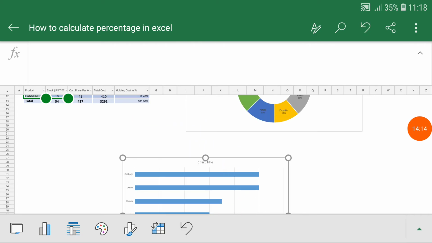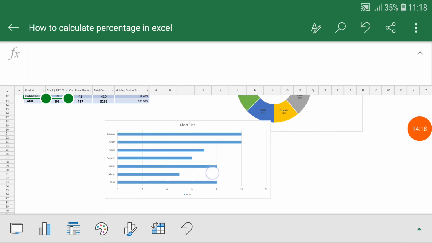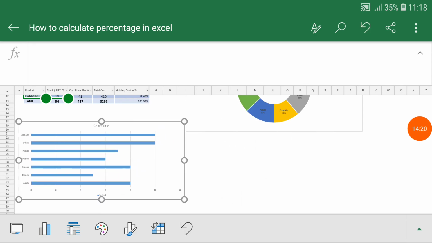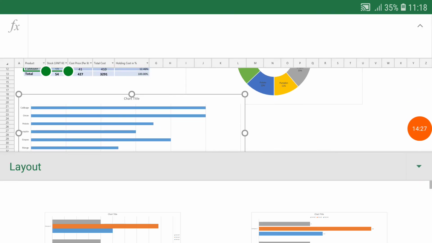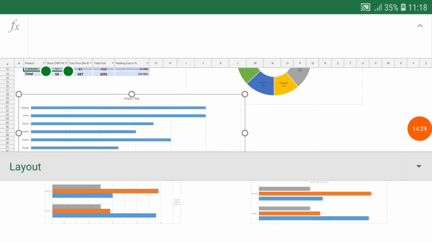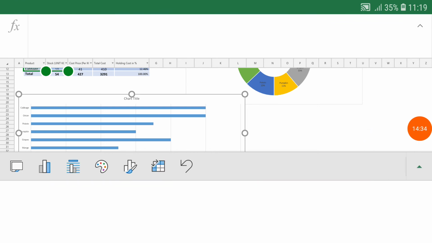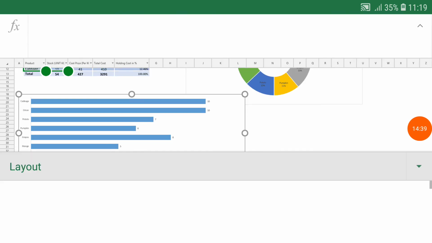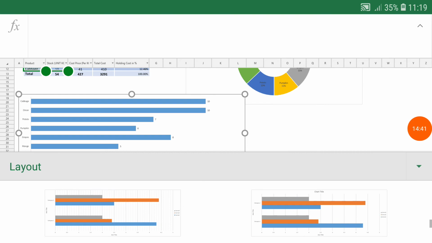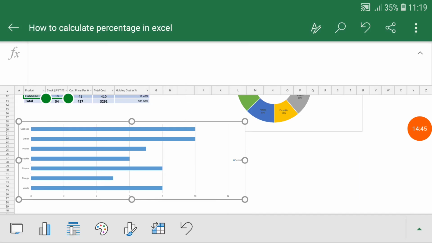Let me reduce the size of this bar chart, so we can drag it down and we can change the size of a chart as per our requirement. We can increase the size and decrease the size, and we can change the layout as well. As per our requirement we can change the layout if we want the item names as mentioned below, and the numbers on each bar. So here you can see we have multiple layout options over here. Let me show you this one.